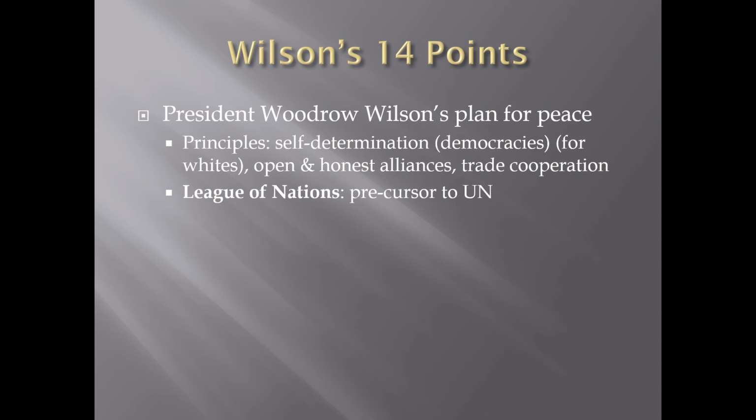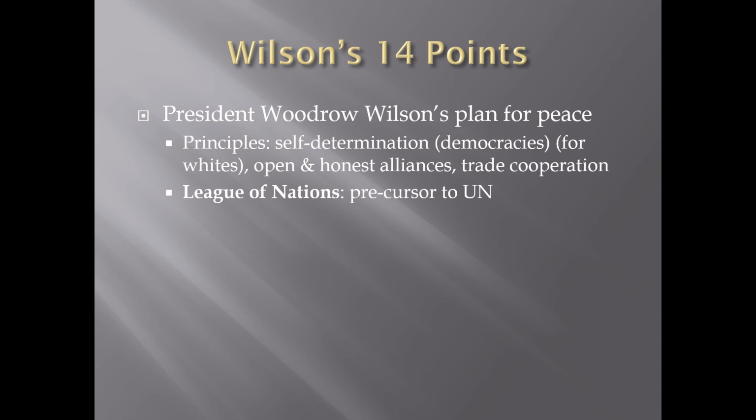He's got friends in the KKK. He segregated the U.S. government. He does not believe in allowing what he considers to be inferior races of people to have a say in running themselves. So he's not trying to end colonialism. He's not trying to create equality between the races. This is self-determination just for basically Europeans, Euro-Americans, white people around the world, and particularly in Europe, right?